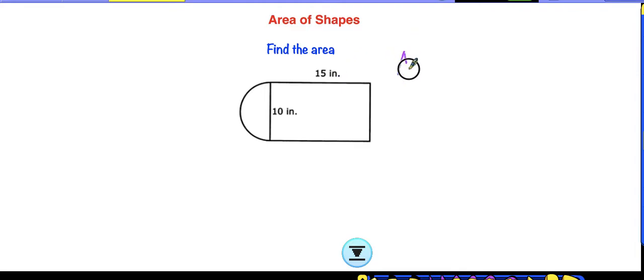So let's figure out the easy part, the rectangle. I always like to put a footnote here so I know which one we're talking about. So the rectangle is very obvious, which is length times width. We already have this information here, which is 150. So for the semicircle,